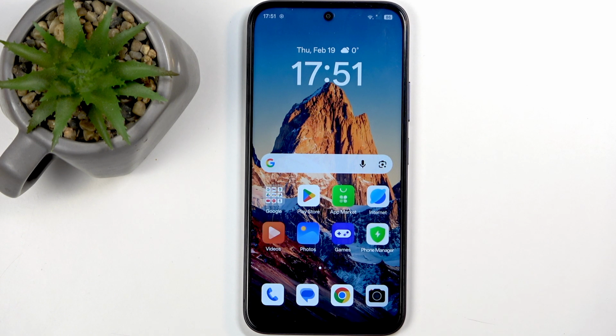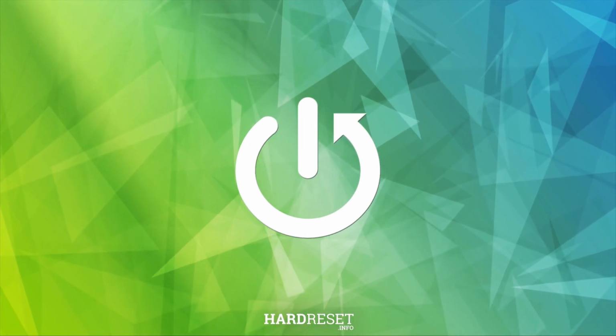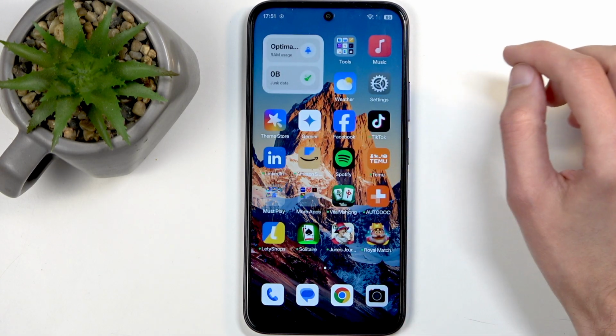Welcome. In front of me is an OPPO A6x, and today I will show you how you can hard reset this device from the settings. So, to get started, you will want to open up your settings,